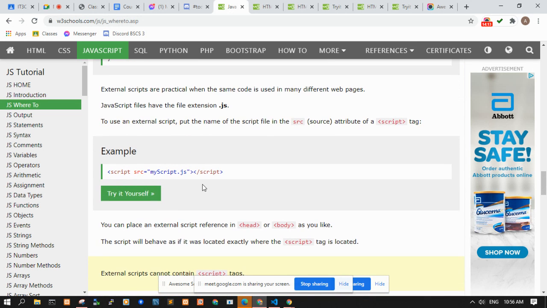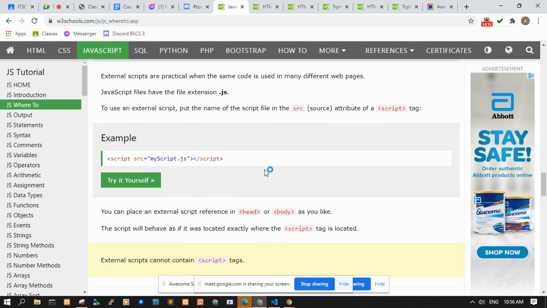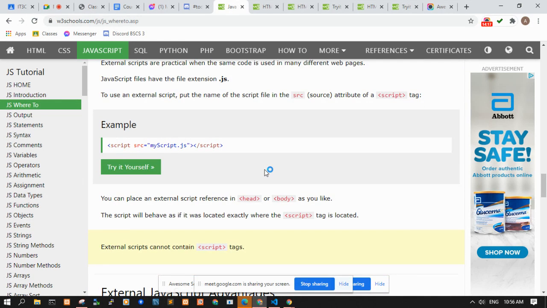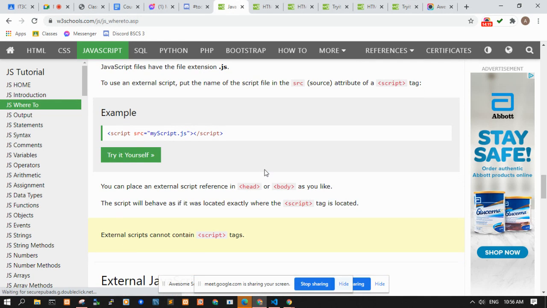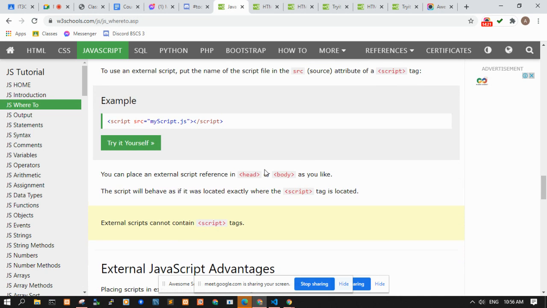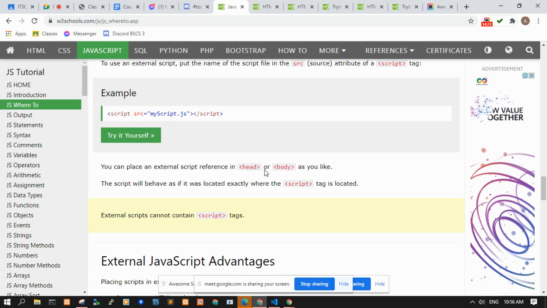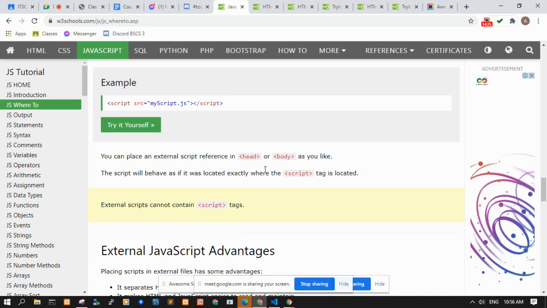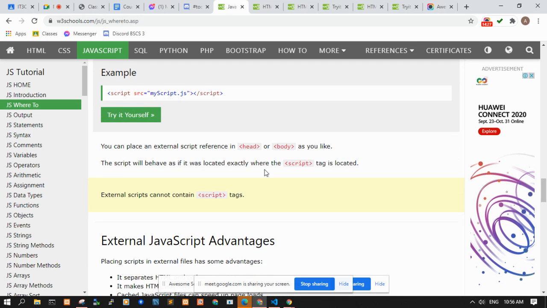Okay. There is no limit as to how many scripts you want to add in your project, but take note that every script that you add will add to the loading time of your web page.